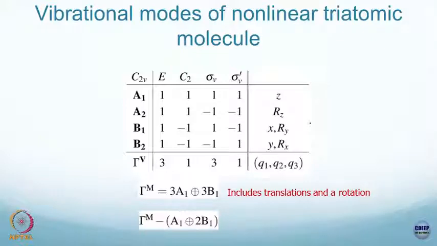So, you can subtract the A1 and the B1, and rotation about y axis, Ry, also belongs to the B1 irrep. So, you will subtract an additional B1 here, that is why I put 2 times B1. These subtractions are to remove the translation and rotation degrees of freedom. So, essentially if you subtract A1 and 2B1 from 3A1 plus 3B1, you have to get back the answer which you got for